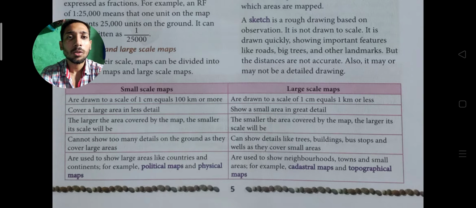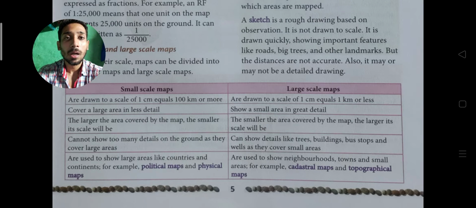Small scale maps are used to show large areas like countries and continents, like the political map I showed you in my previous class. It was a small scale map, as it covers a large area. But in the large scale map, we can see, as I showed in part 1, a topographical map which represents a small area with very good details.